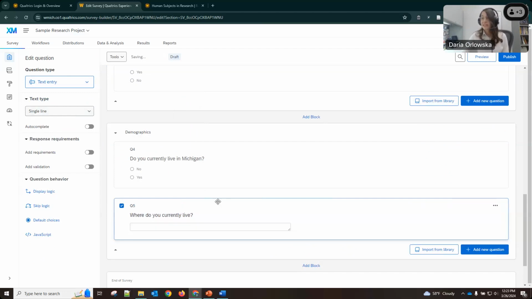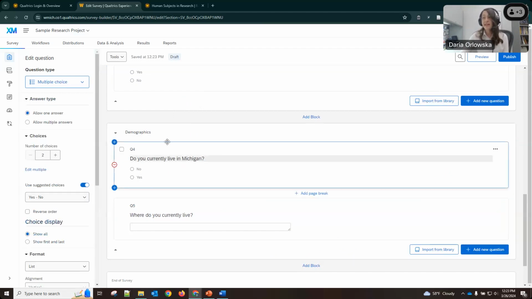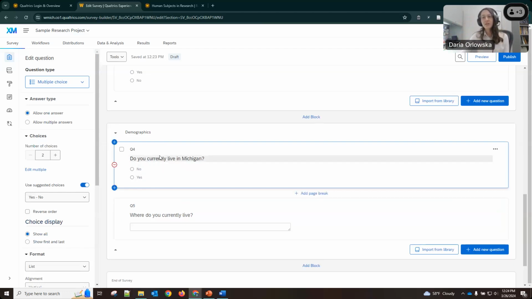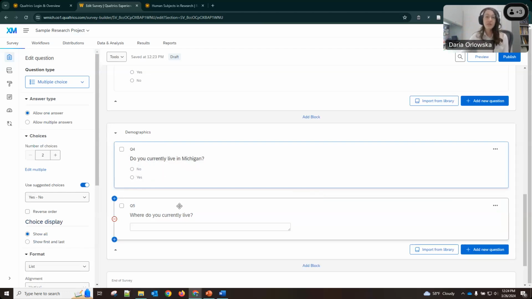And we can set some logic so that individuals who are answering no to do you currently live in Michigan will receive this question prompting them to provide more information about where they currently live. And individuals who say that they currently live in Michigan will not receive this question.